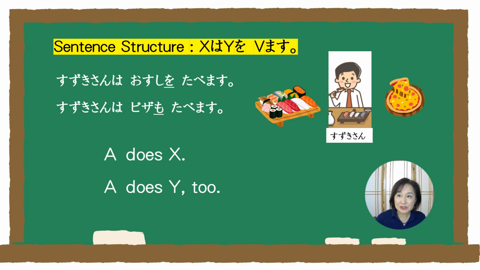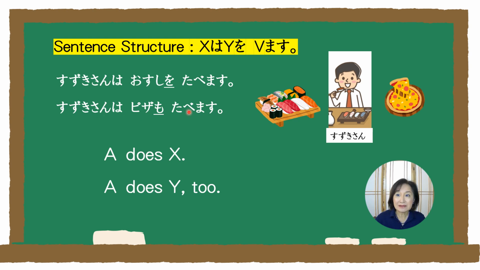Let's look at a situation where you use the direct object particle o. In this case, Suzuki-san eats both sushi and pizza. Then these sentences show the same person performs two activities. 鈴木さんはお寿司を食べます。鈴木さんはピザも食べます。Notice that Suzuki-san and the verb 食べます